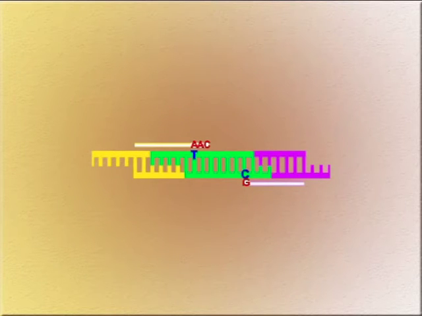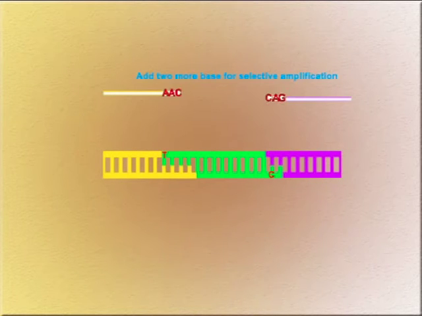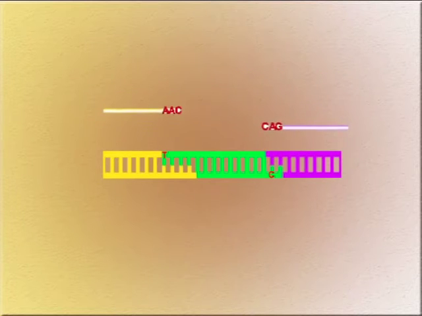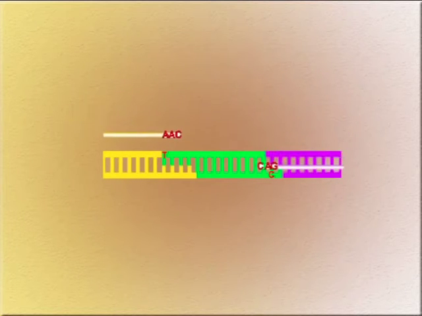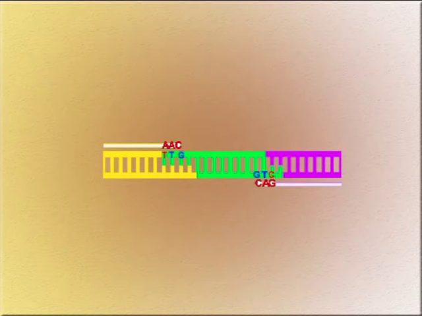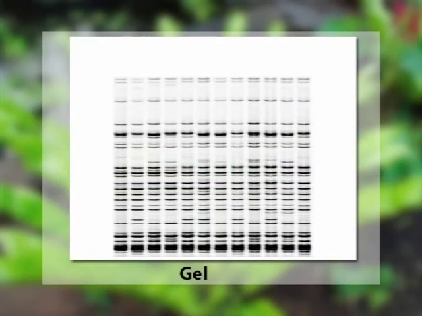In this technique, the genomic DNA is digested by two different restriction enzymes, a rare cutter and a frequent cutter. Double-stranded adapters are then ligated to the ends of restriction fragments, which are then amplified by PCR using primers that correspond to the adapter and restriction site sequences. These primers have additional nucleotides at the 3' ends extending into restriction fragments in order to limit the number of fragments that will be amplified.